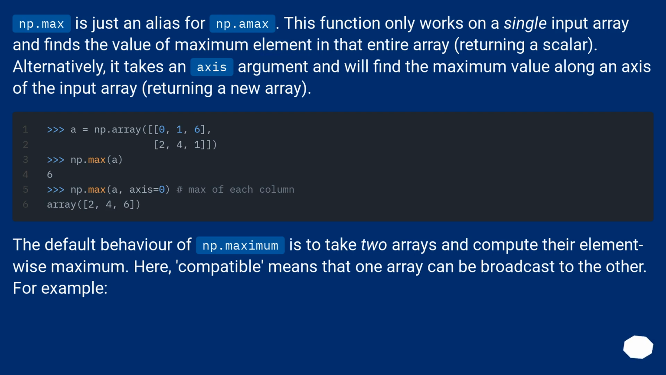The default behavior of np.maximum is to take two arrays and compute their element-wise maximum. Here, compatible means that one array can be broadcast to the other. For example,